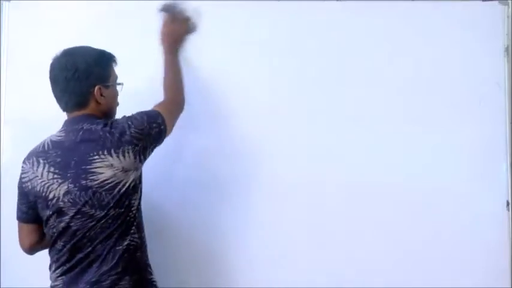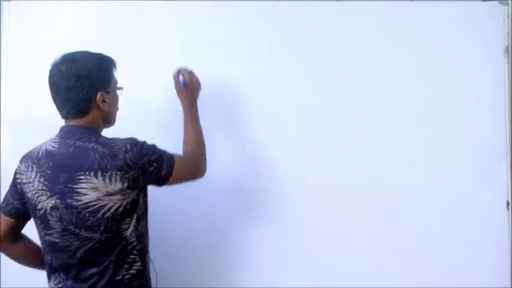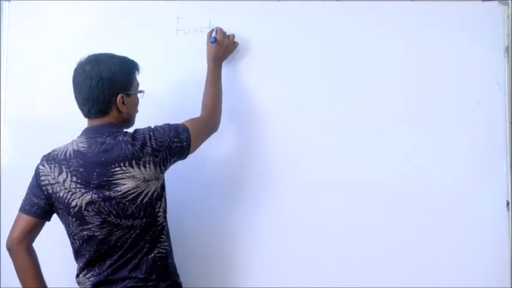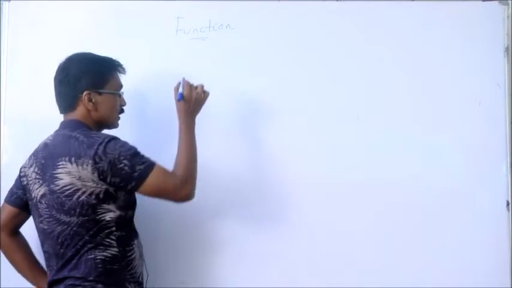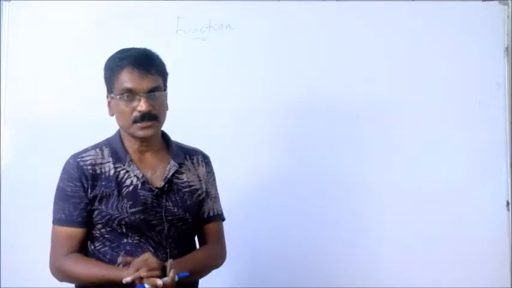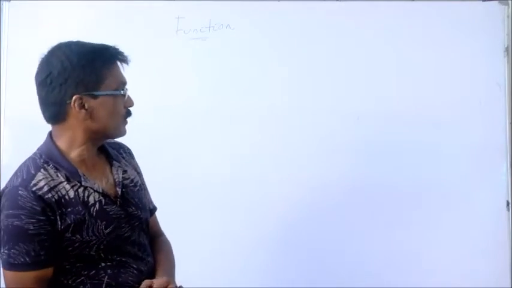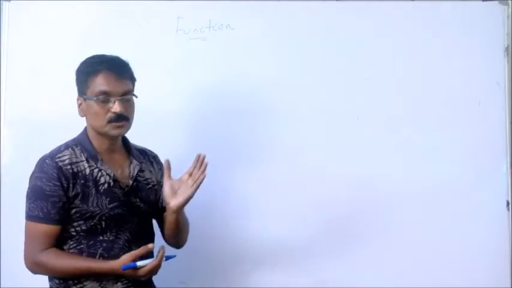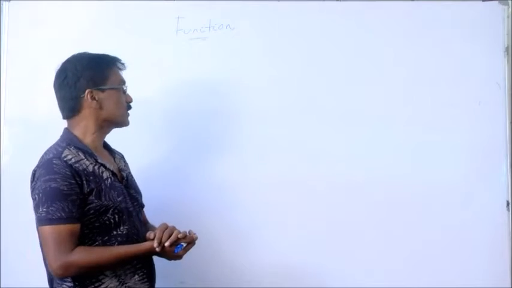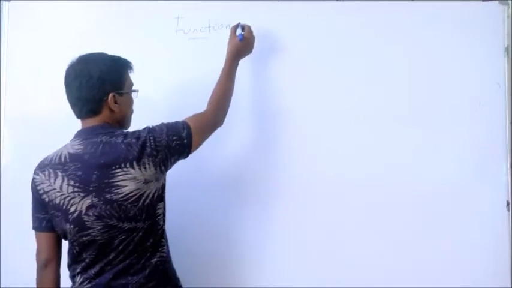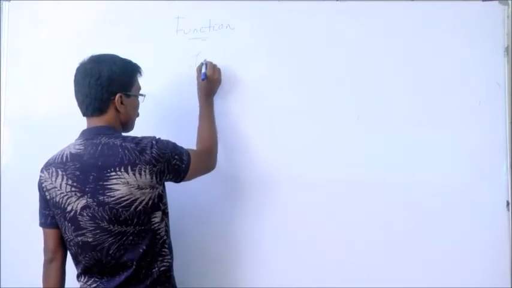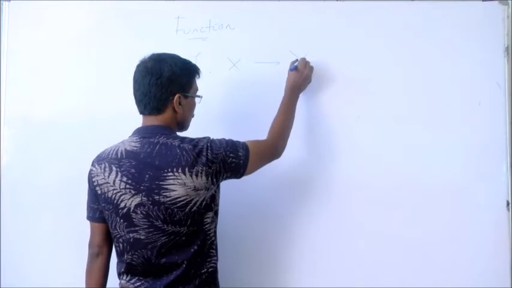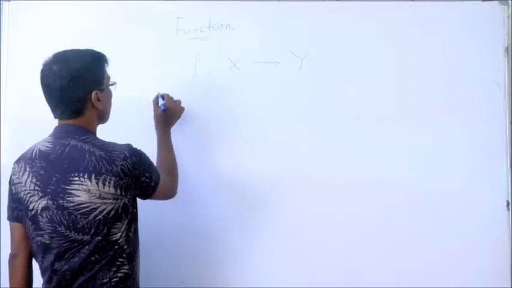So, we define a function. A function is a relation, a special type of relation. It is nothing different from relations; only if a relation satisfies some specific conditions, then it is called a function. So, function f from x set to y set, we represent f is a function